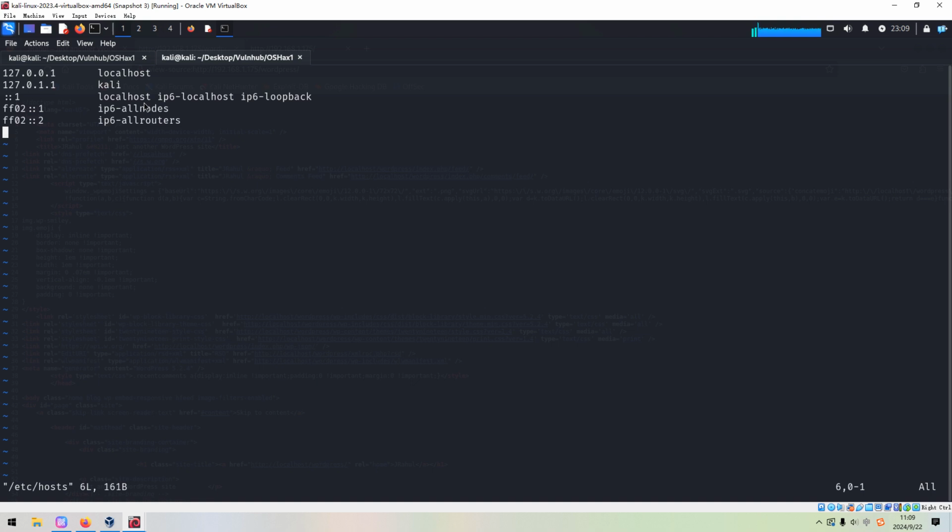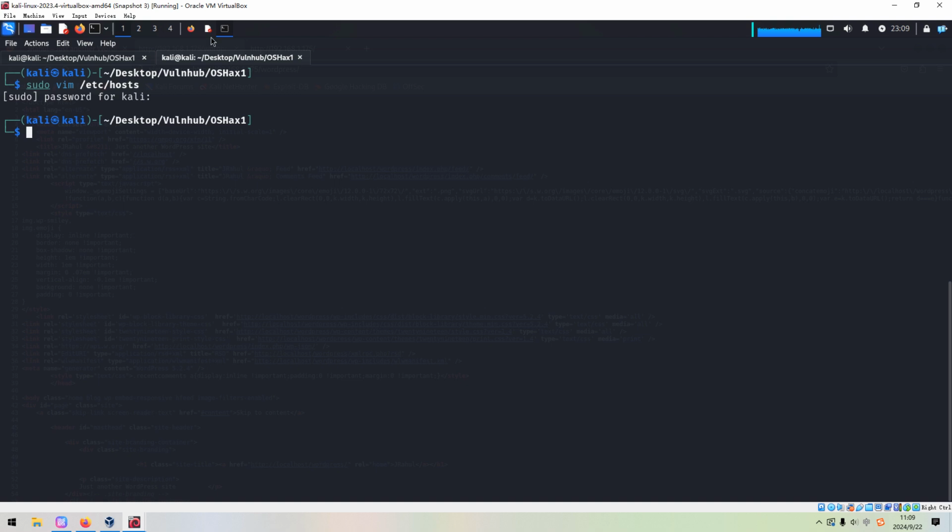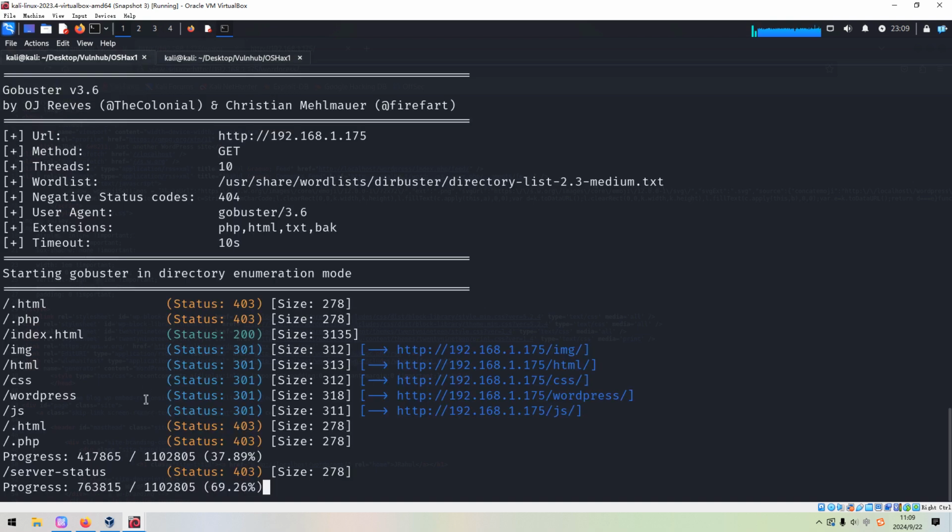I cannot connect to the target by the browser. But actually, this will not affect the penetration of this machine. Okay, so now we can quit, and GoBuster is almost done. I don't think it can discover more directories or files. To save time in this video, I'd like to interrupt here.